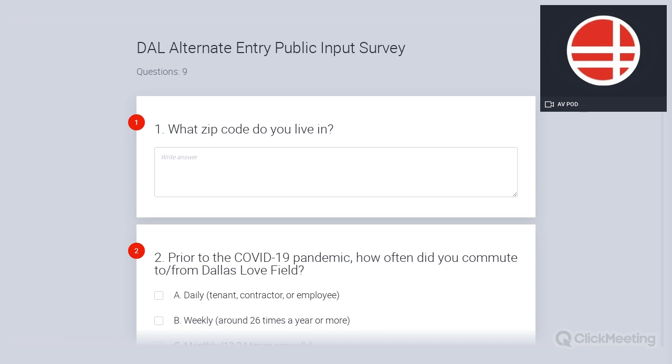So what has happened prior to COVID, as well as, when we do a lot of traffic analysis, we look at what's going to happen down the road, not necessarily just today or because of COVID or what happened yesterday. So we want to know how often you're coming to the airport. Then in question 3,